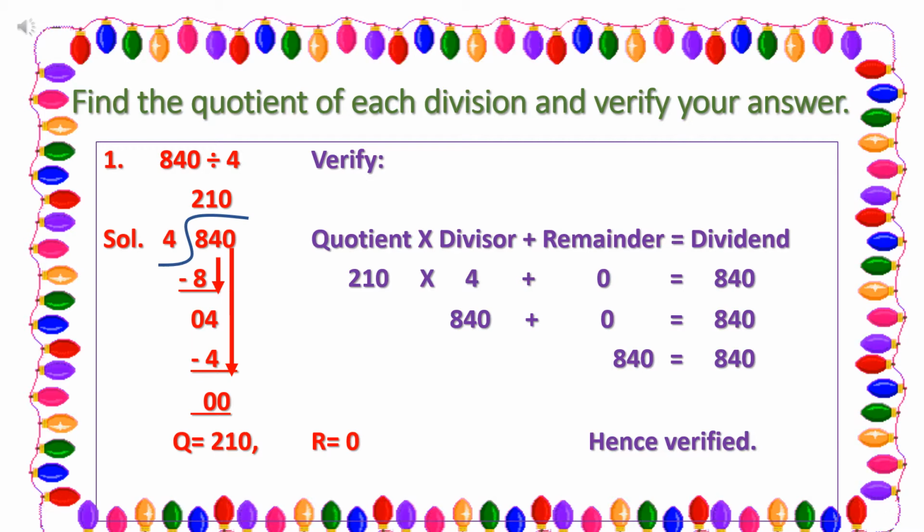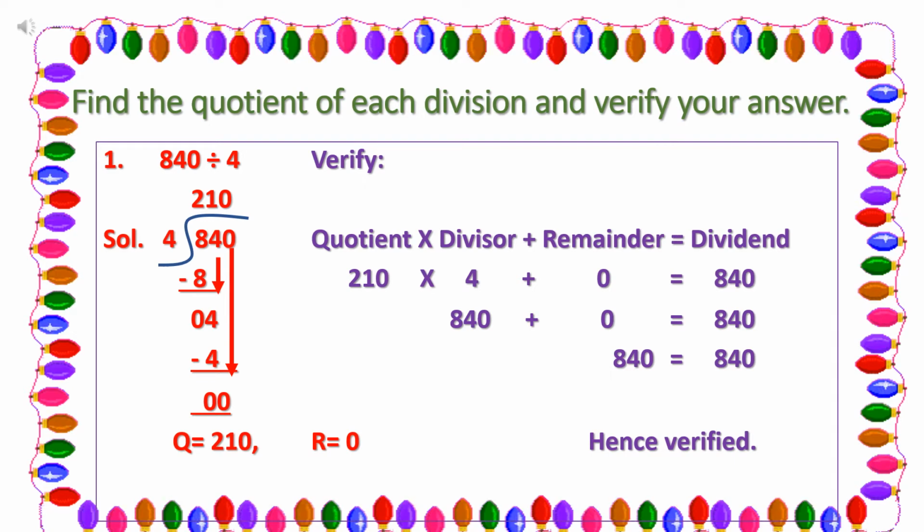And next we will bring down 0, 0 present in 1's place. Now both the zeros are present there. That means we cannot divide the sum further because we cannot divide 0 by any number. So we will put a 0 in quotient also in 1's place. So this way we have completed our division and we have got quotient, that is 210, and remainder here is 0. Now let's verify our answer.